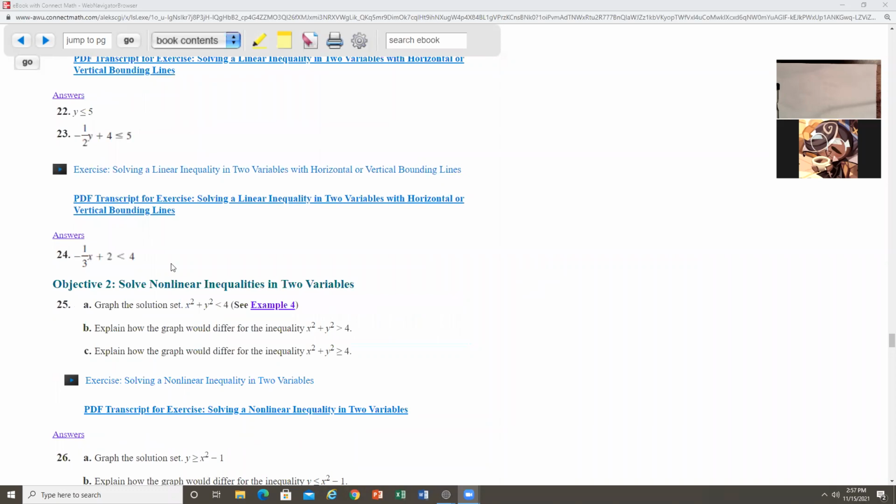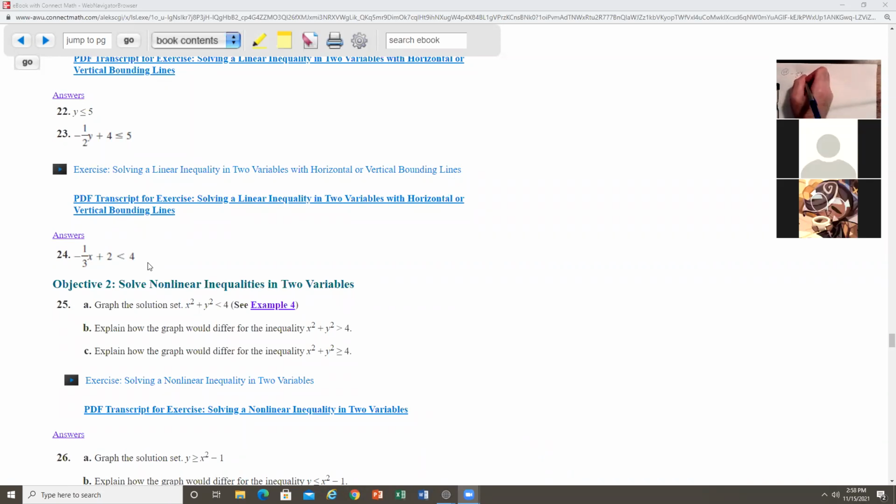We want to graph the solution set of this inequality. Now, ladies and gentlemen, which variable is missing from this inequality? Y. So to solve this inequality by graphing,